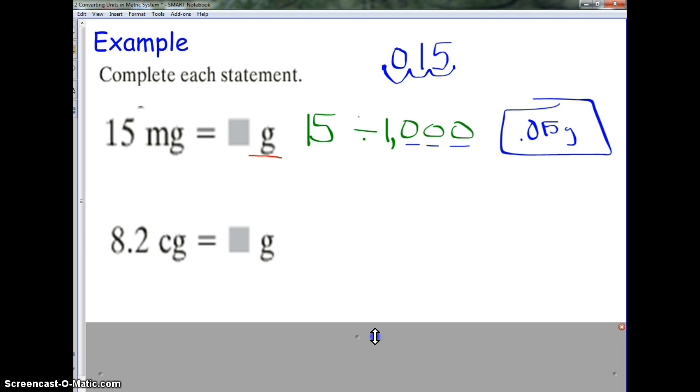All right. If we go down here, we have a cg, centigrams. Centigrams. Okay, that is a factor of 10. All right. So centigrams, there are 10 centigrams in 1 gram. Okay, and so remember, we're dividing. So centigrams to grams, this is getting bigger. Okay, we're getting bigger by a factor of 10. So we have to do